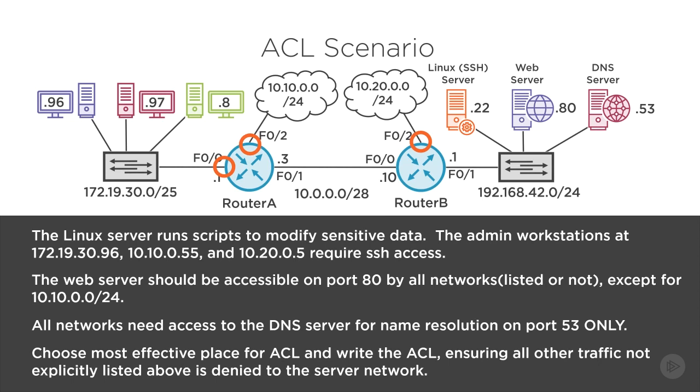So in my case here, what I've done is I've chosen to apply the access control list in the most effective position, since all of the control of the traffic that we're doing is to and from the servers. I'm going to apply my access control list on F01 in the outbound direction. Does this violate the Cisco rule? It sure does. Does it solve our problem appropriately and efficiently? Yes, that it does. And from my perspective, I am much more interested in being an engineer and solving problems with my brain and